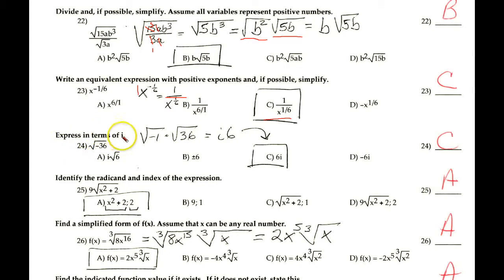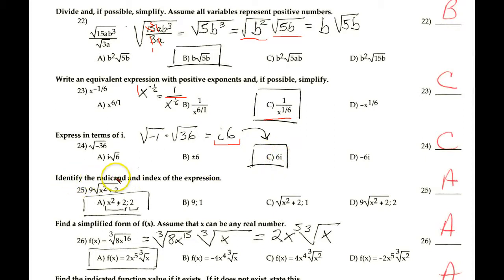Express in terms of i. Well, we take out the square root of -1 and then the square root of 36. We said the square root of -1 is i, and this is 6. And the conventional way to write it is 6i, although this would be correct. Although in standard form, we always want the i at the end. So anyway,